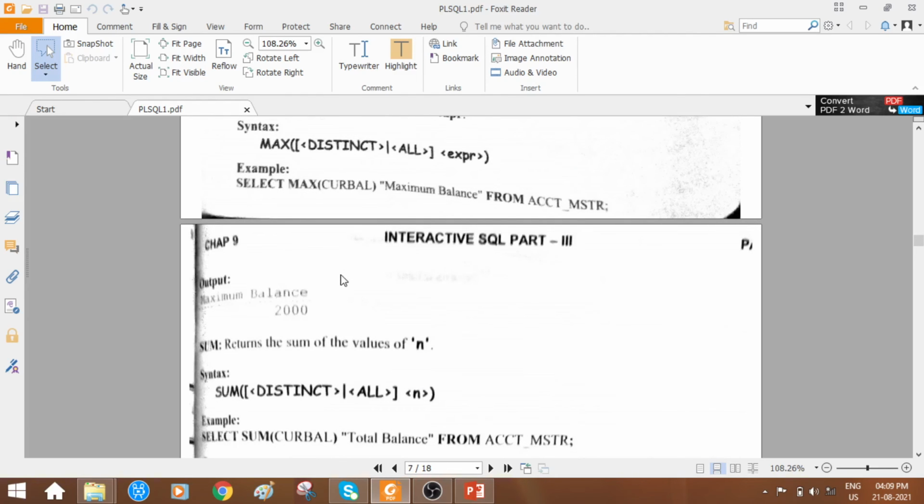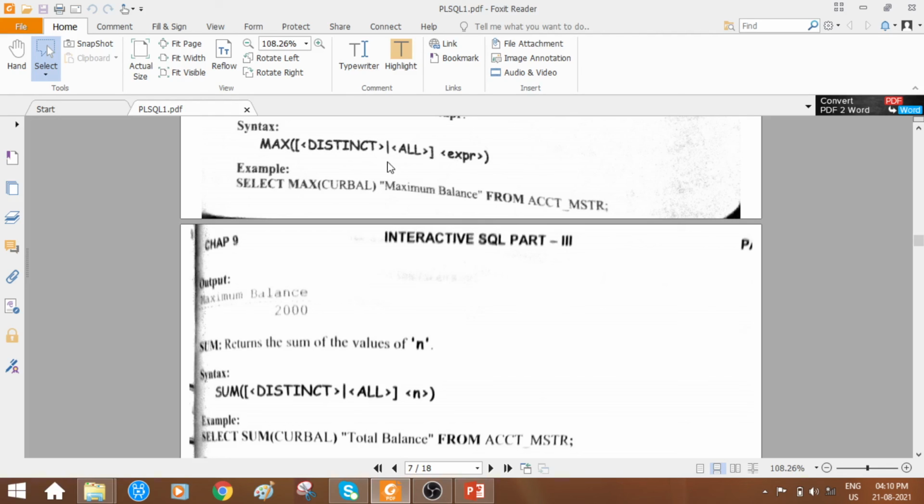Now the next aggregate function is max. Just now we discussed minimum, and max is the same. For a particular column, if you want to find the maximum value present in that column, you can achieve that with the help of which function? Max. Okay, so distinct, that is, if you don't want to consider the duplicate values, if a duplicate value exists, only one copy has to be considered, then you use distinct.